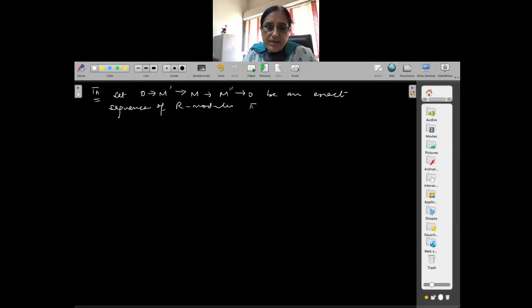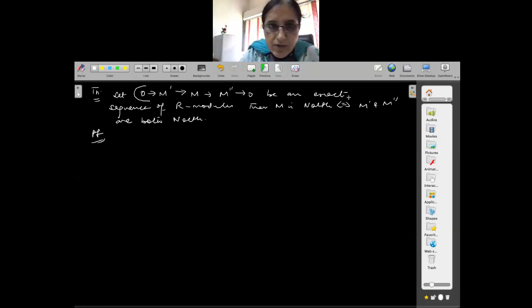Then M is Noetherian if and only if M dash and M double dash are both Noetherian, of course R modules. Can you recall what you mean by exact sequence of R modules? Let me write F here and G here. That makes it more clear. What do you mean by exact sequence of R modules?